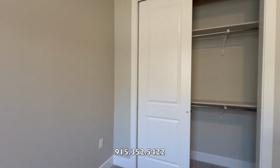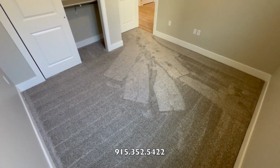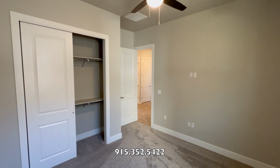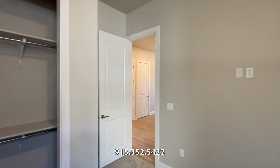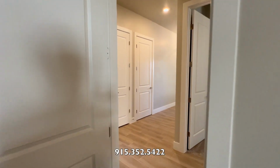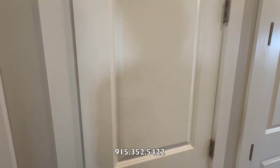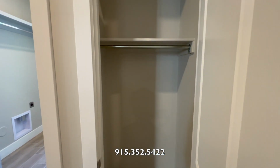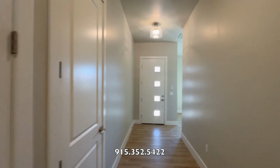$397,000, there's a ton of new construction home options in this square footage in this price range. There's some homes that are at the same price with a little bit less square footage, and there's some homes that are actually at the same price with a little bit more square footage. But of course, you're gonna give and take on every single builder. I won't talk about other builders because right now we're focusing on Classic Heritage,